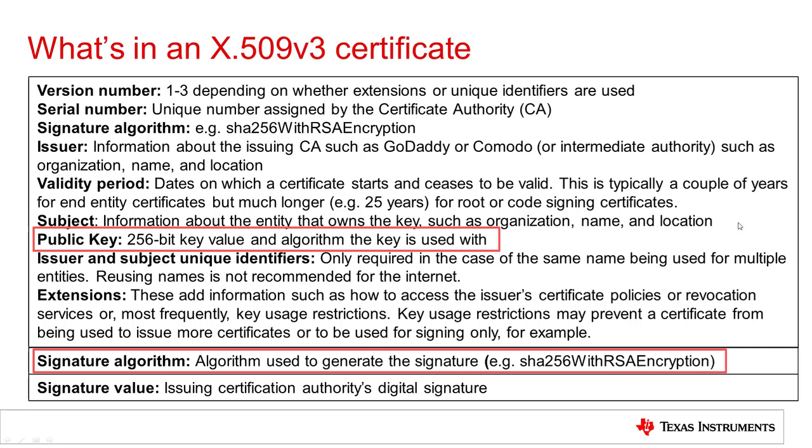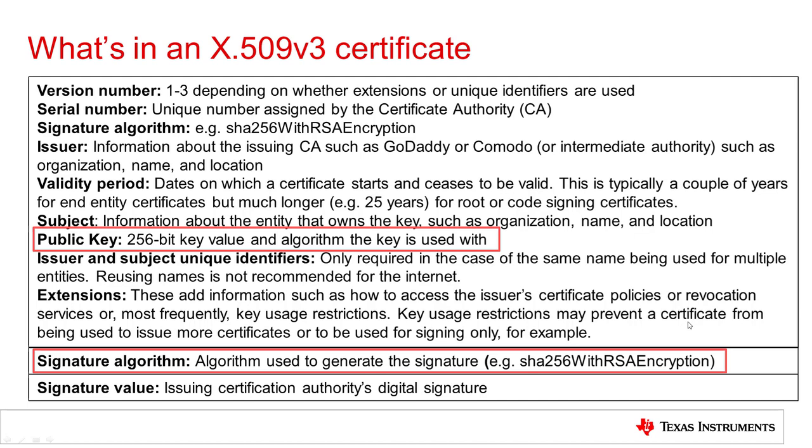In addition to the public key value and the signature, the certificate also contains information that allows the organization to be validated. For example, the subject field tells you the name of the organization that owns the public key, its name and address. The issuer field gives you similar information about the certificate authority that issued the certificate, and you can use this to help validate the whole chain of trust associated with the certificate.